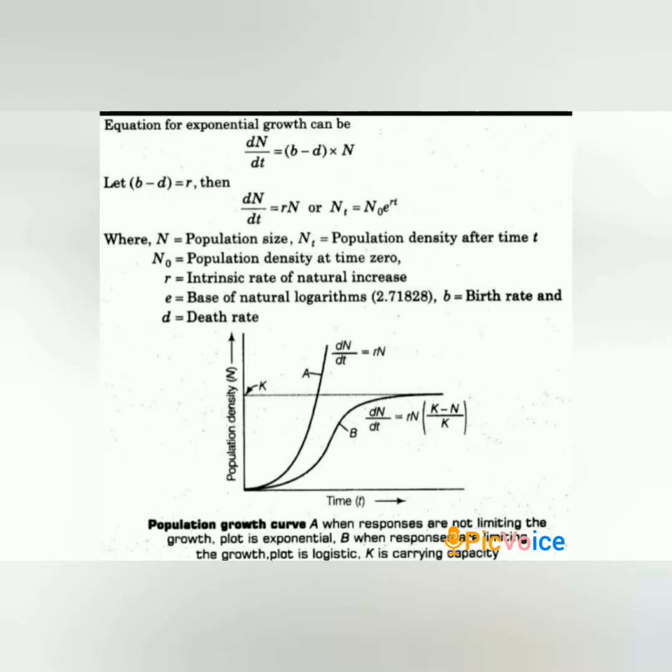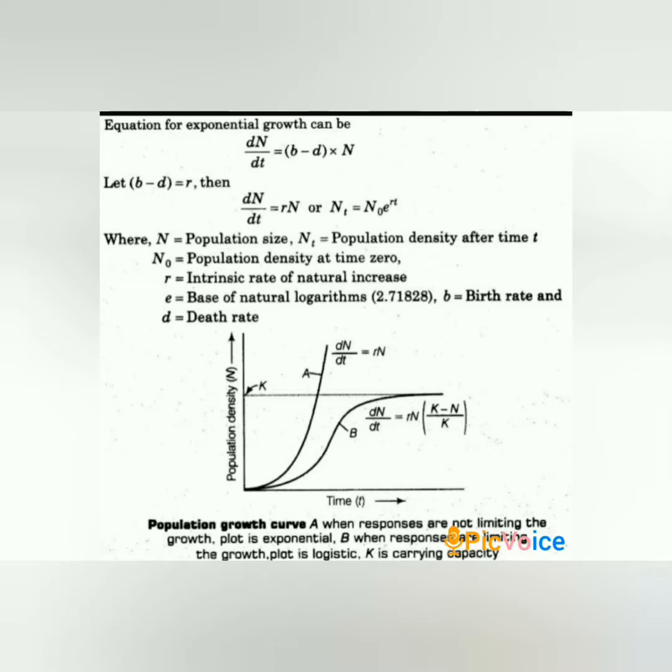For example, case 1, a closed population, where r is defined as the per capita birth rate b minus the per capita death rate d. So here we will be taking r as b minus d. dN/dt = (b - d)N, where N is the population size. When per capita birth rate exceeds per capita death rate, that is b > d, the population is increasing and r is positive. When death rate exceeds birth rate, that is d > b, the r is negative and the population is decreasing.